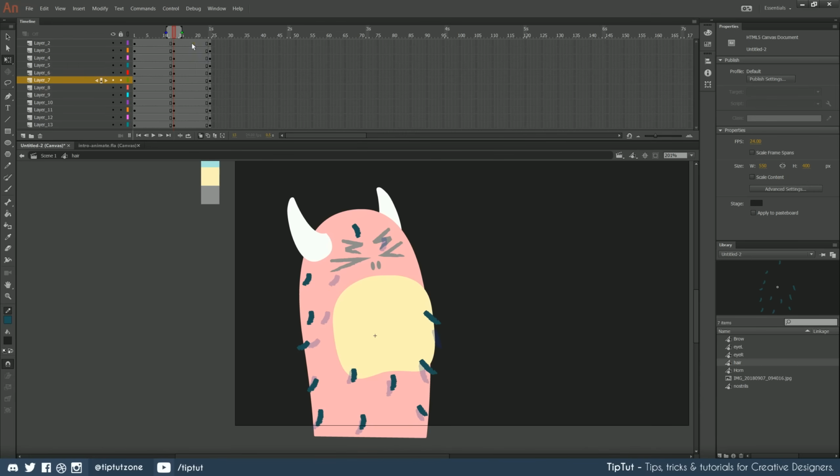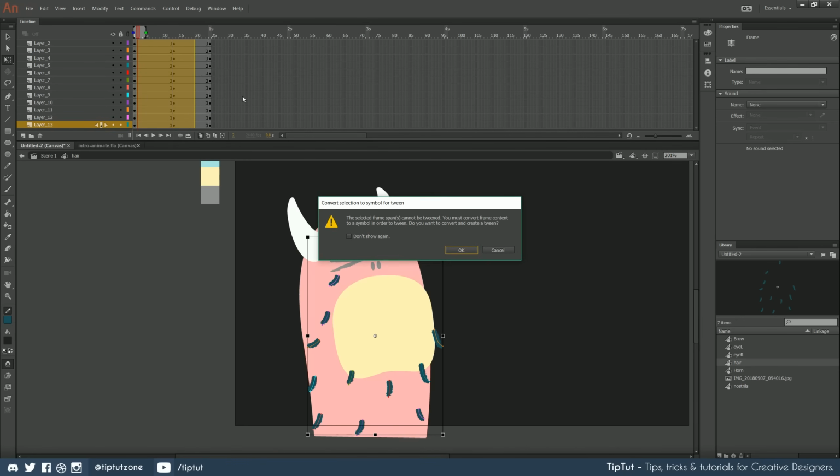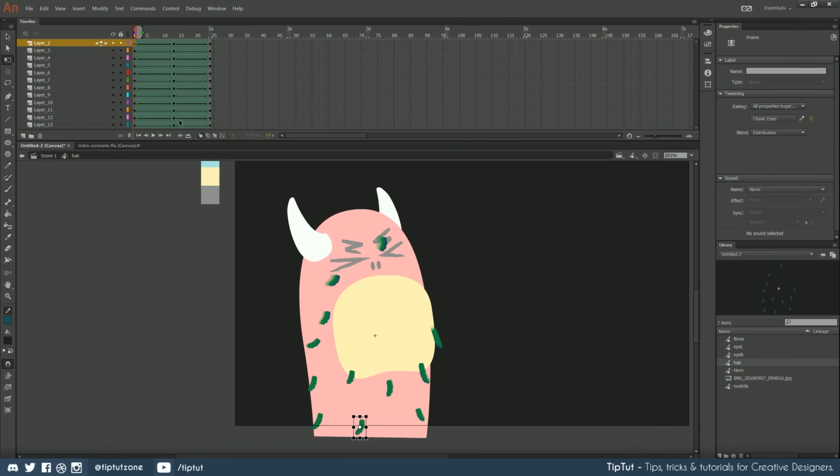Now you know this next step. We're going to grab all of our keyframes and create a shape tween. Now, it looks like we're pretty lucky. You can tell from the onion skin here that most of these haven't flipped around, haven't done anything weird. But let's just have a look with our loop turned on. Okay, loop on.